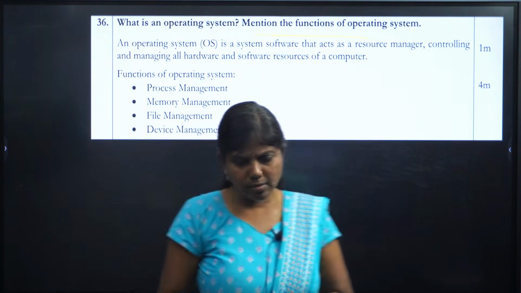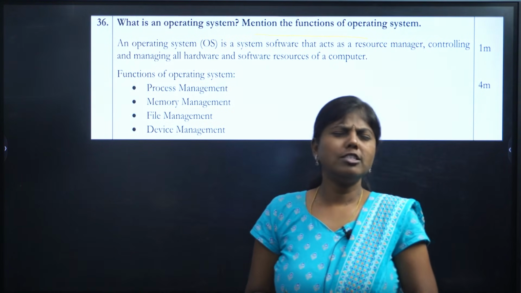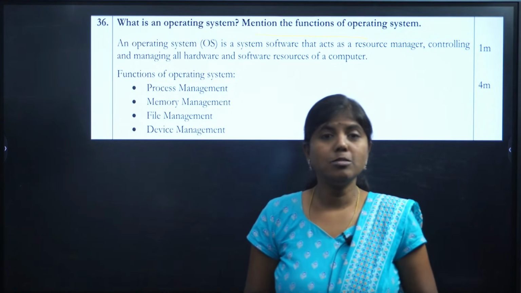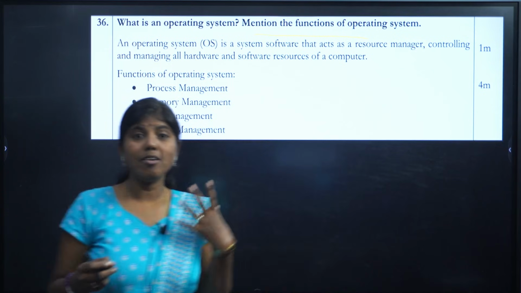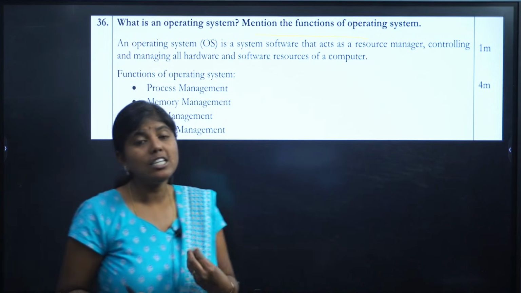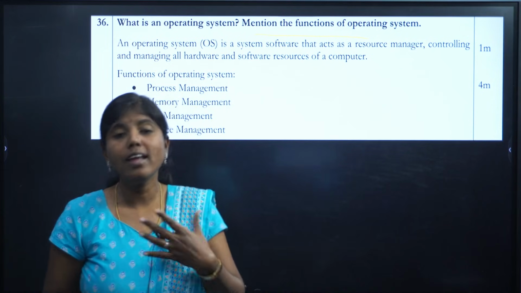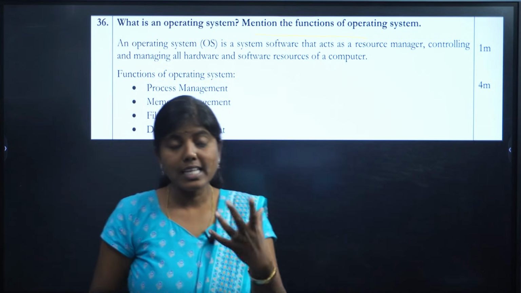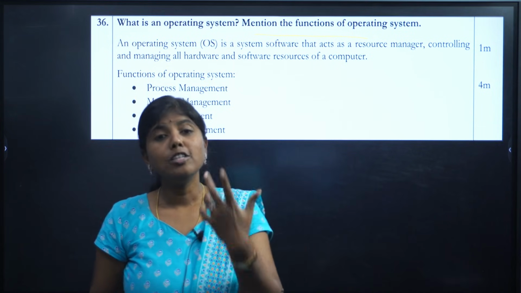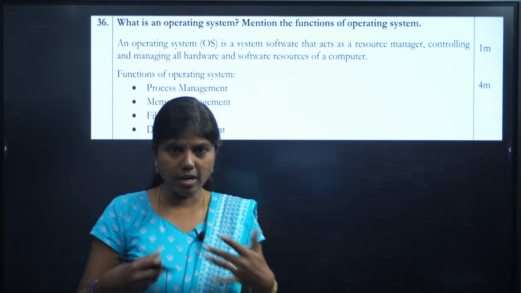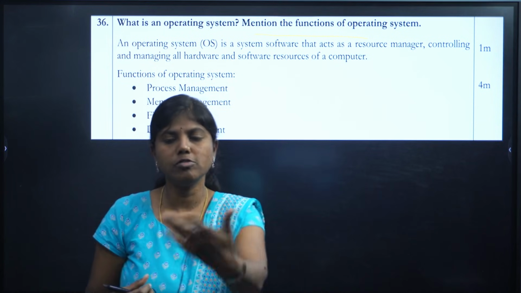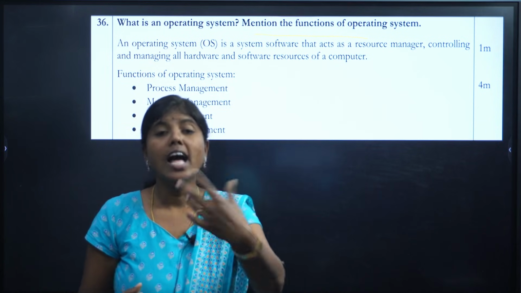An operating system is the main system software, and remember, it acts as an interface between the user and the hardware. So we have one computer here, I'm the user, so I have to use this. We have a CPU here, we have a monitor here, I need to use it.